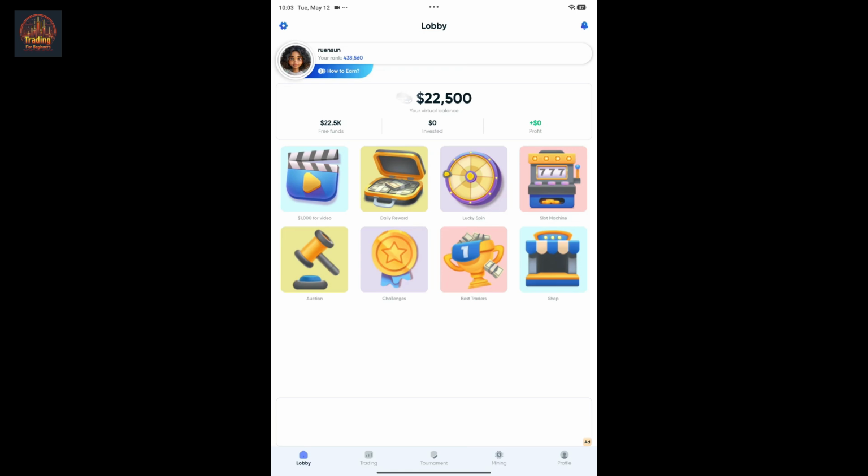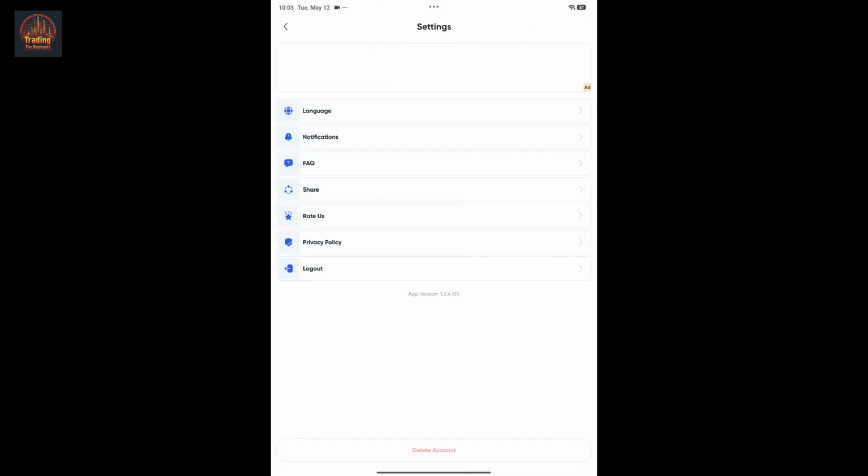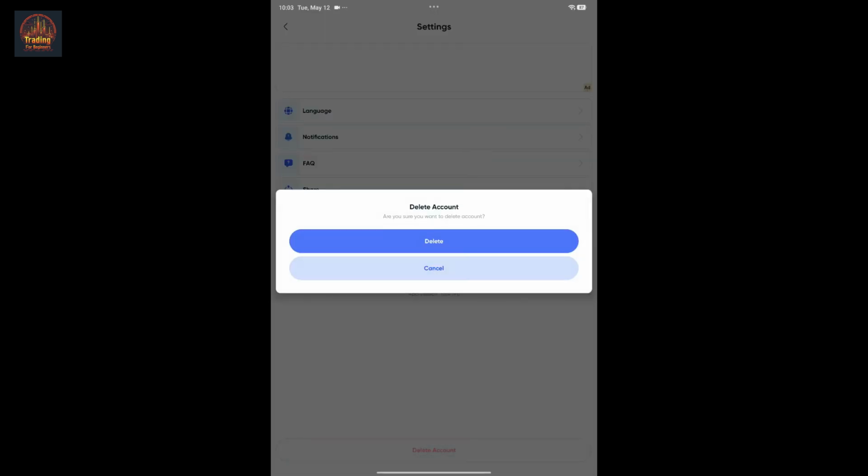Once you're inside this lobby page, go ahead and click on the gear icon at the top left corner of the home screen, and at the bottom of the settings menu, you'll see the delete account button. Click on that. Before proceeding with the deletion of your account, make sure you have withdrawn any remaining funds or